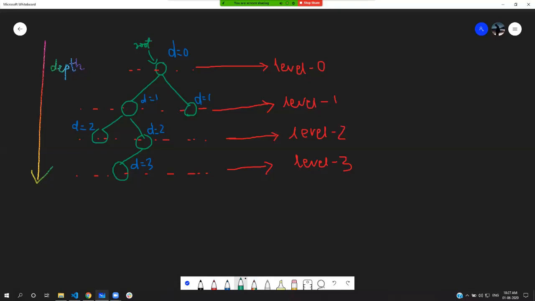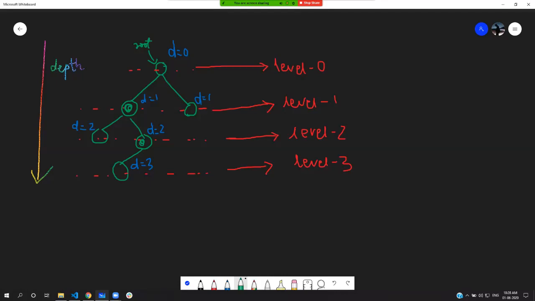As we go to the left or to the right, the depth of the subsequent node increases. For example, let's say the root node has a depth of 0, then the left child and the right child of it will have a depth of 1. And subsequently, if this node having a depth of 1 has a left child and a right child, those will have a depth of 2. And finally, this node, which has a depth of 2, has a left child, which will have a depth of 3. In this tree, this depth is the maximum depth we can get.